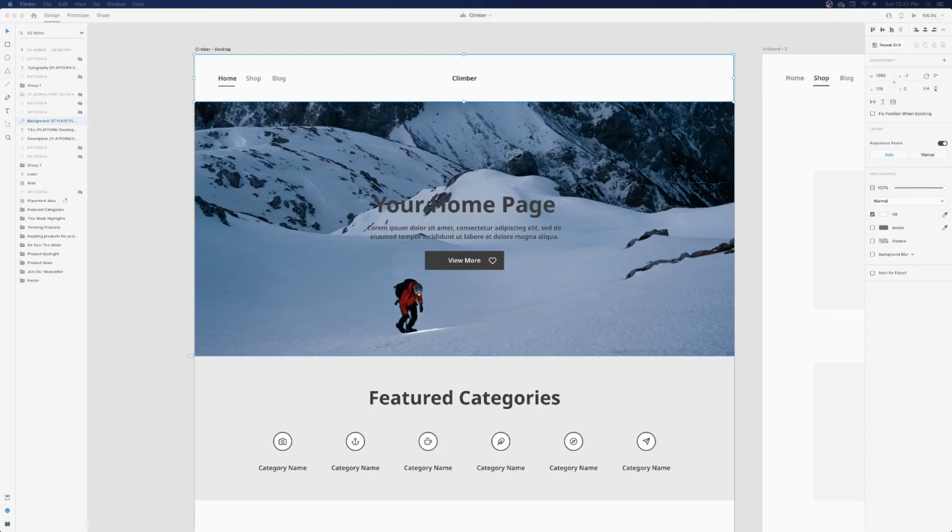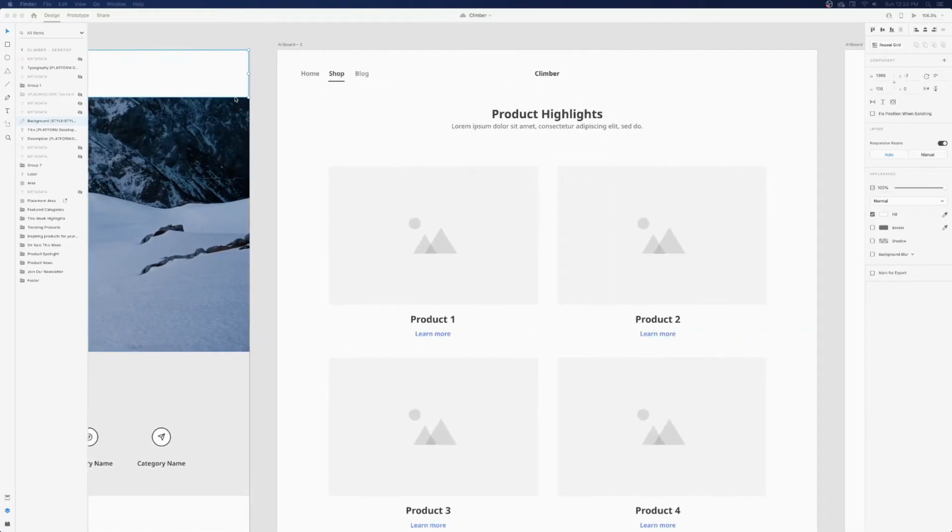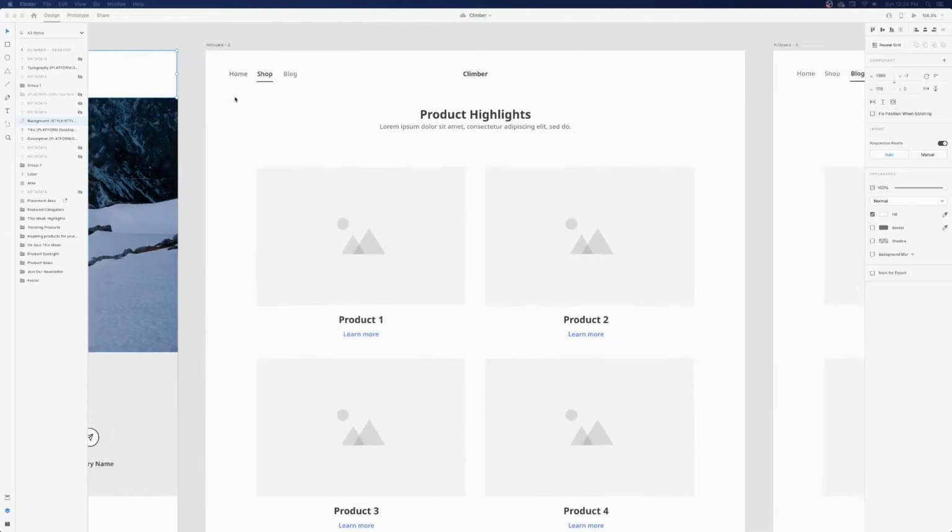Today we're going to be building a new project with the intention of using React Router DOM. We're going to be building this navigation menu here where you can click to go to home and you would be on the landing page. You can click shop and you would land on the shop page, and you could click blog and go to